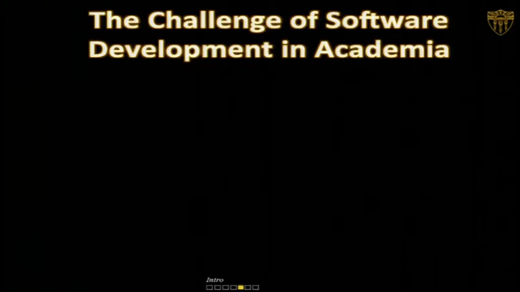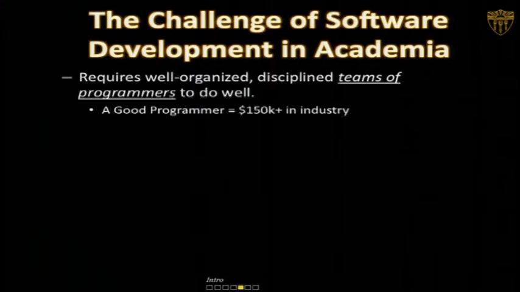Trouble with that is that software in academia is, we're kind of constrained in some respects, largely because in order to build anything useful, you need a well-organized, well-trained set of programmers who are all able to command salaries of $150,000 or more in industry if they chose to kind of join the dark side and work for Google.